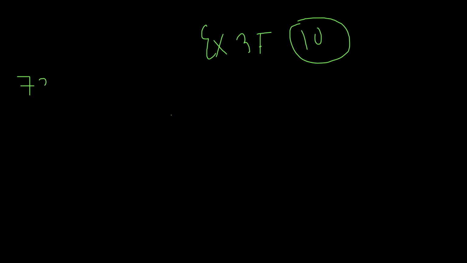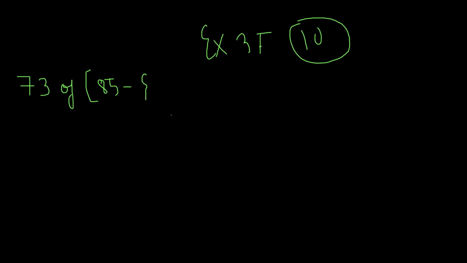We have exercise 3F, question number 10. And in this question, children, this question is easy, but you need to follow the BODMAS rule very smartly so that you don't get confused and do the question wrong. So the question is 73 of